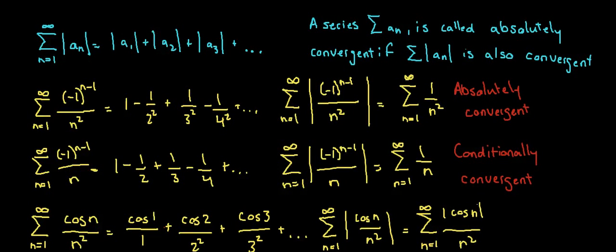A series, the sum of a_n, is called absolutely convergent if the sum of the absolute value of a_n is also convergent. The idea of this is that if I have some series a_n equal to a1 plus a2 plus a3, if I take the absolute value of that series and it is convergent, then some other series, where it might be a1 minus a2 plus a3 minus a4, where there are some terms that are not necessarily positive,